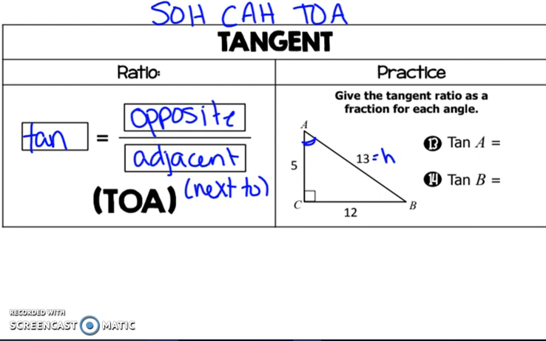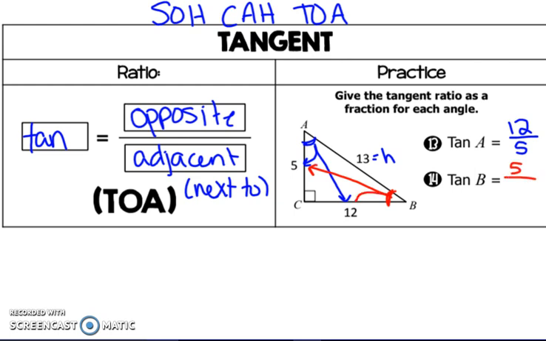Now, if I look at A, we need my opposite side. Well, if I look opposite, I have 12. And adjacent, or next to it, I have 5. Keep in mind, 13 is next to it, but it's the hypotenuse. That is different than the adjacent side. Now, if I look at angle B, again, opposite, we're going to go across from it, is